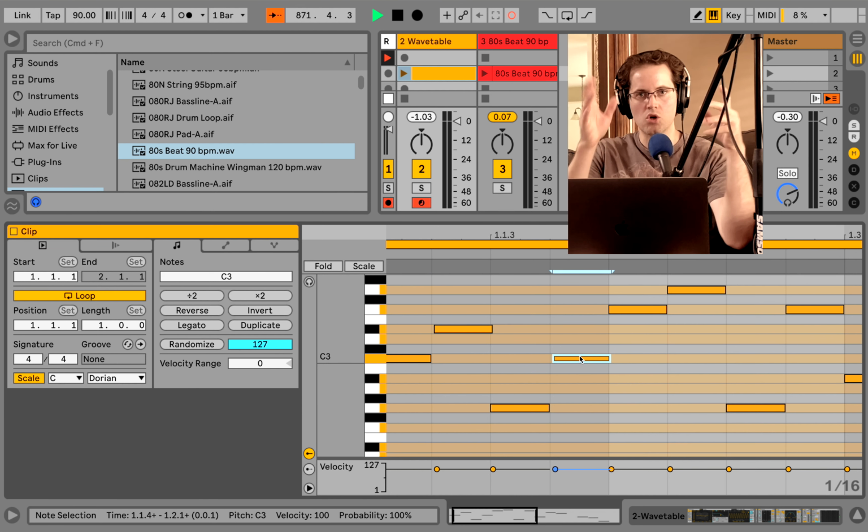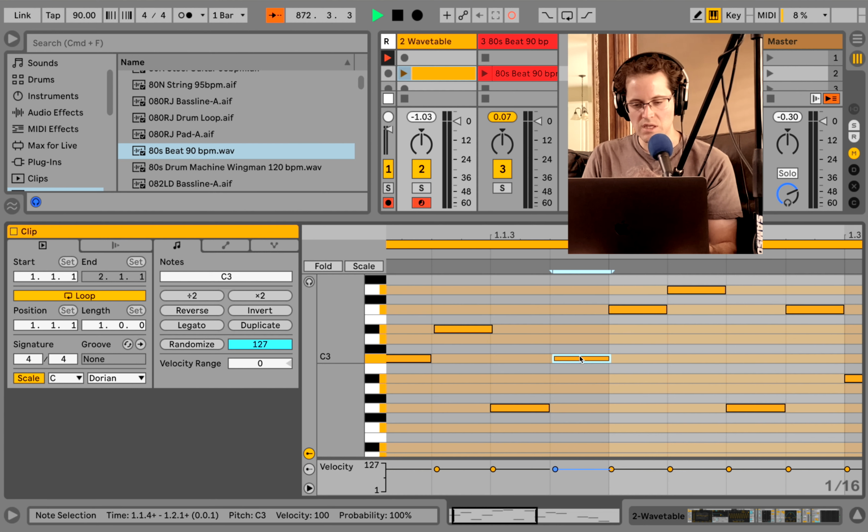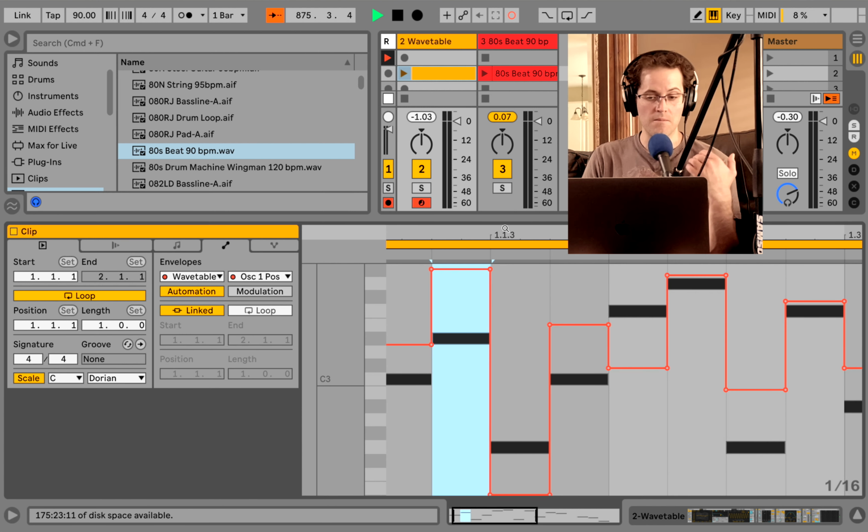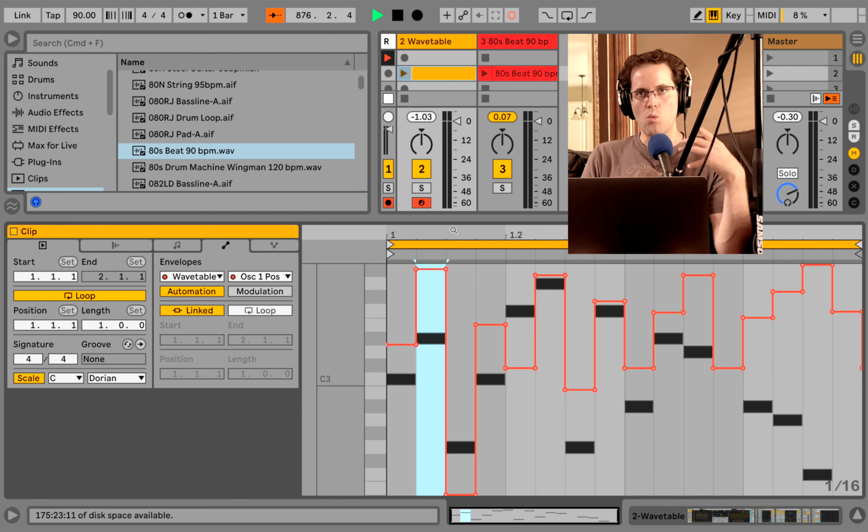You can really get crazy with the modulation. So even if everything is straight on the grid, you can still get a very dynamic thing. So if you produce this way, you would want to do a lot of these modulations. But for me, I'm trying to be like, what sort of tools and techniques do I have access to that I don't use a lot that give you incredibly unique results?